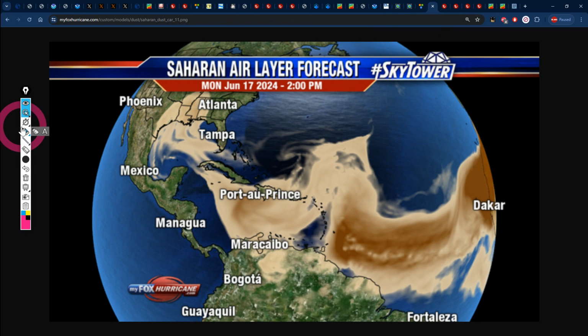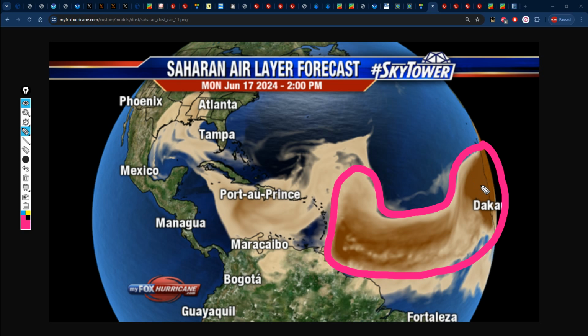As related to the Saharan dust forecast for 2 p.m. on Monday, we do see the browns that represent the Saharan dust stretching all the way from Africa across the main development region. And we know all of this vigorous plume is definitely pushing its way to the west. So all we're hoping is that by the time it gets to our area, it's actually dwindled down to more of these lighter shades of browns that we can't even make out in the sky. But we see that sections of Haiti and Jamaica are definitely going to be getting some amount of vigorous plume